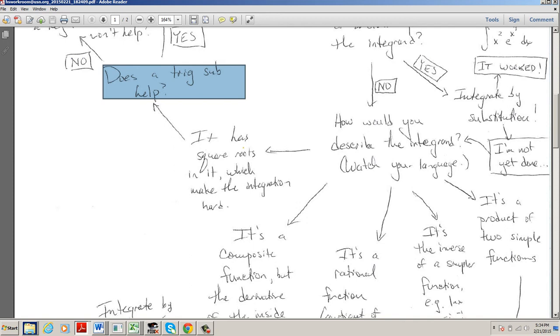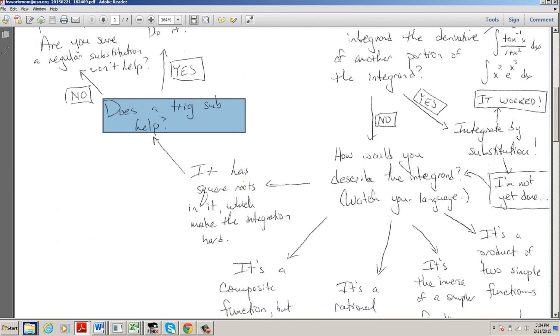X squared minus a squared calls for the substitution x equals a secant theta, and a squared minus x squared calls for the substitution x equals a sine theta. Or there's this Forster way to do it, as he describes in the book, where he makes the triangle first, and then all of the terms in the integrand can be expressed in terms of ratios of side lengths of this triangle. Then the trig substitution converts your integral into a trig integral,